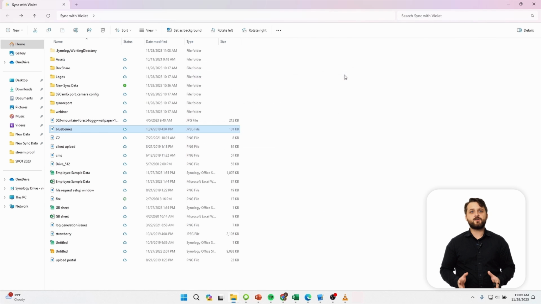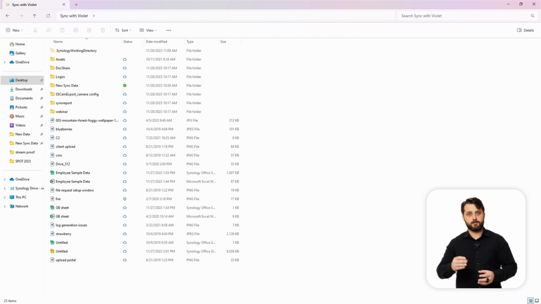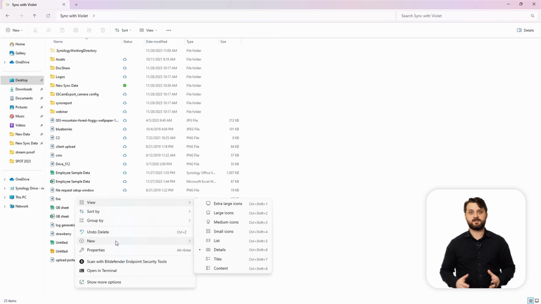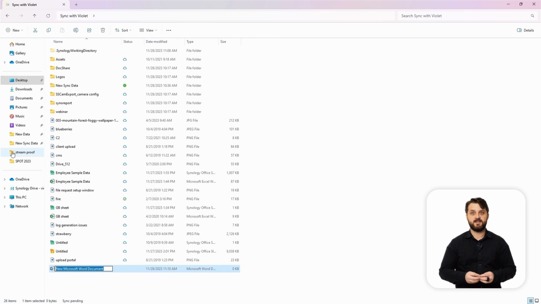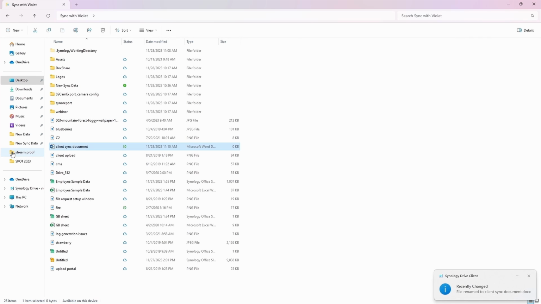Now, once that's all finished, let's go ahead and create a folder on the client side here and have that sync through the client connection back to our main Synology NAS at the hub, for example. It's going to sync with Violet first, and then that will sync with our hub NAS and then out to any others. So you notice we're renaming this folder and we're getting Synology Drive alerts showing you that the application notices that you've added a file and renamed it.